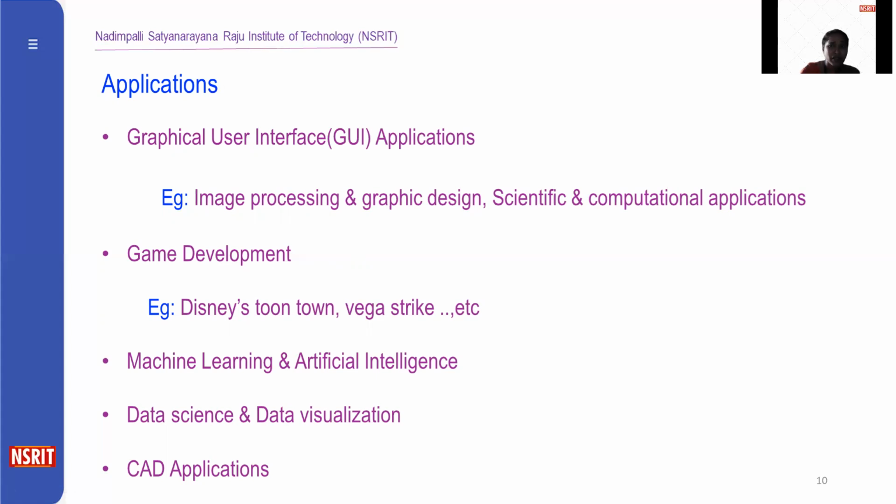And we can also develop games using the Python modules. Python is also used in the development of interactive games. Modules like Pygame and PySoy are used to develop gaming applications. So here, for example, Disney